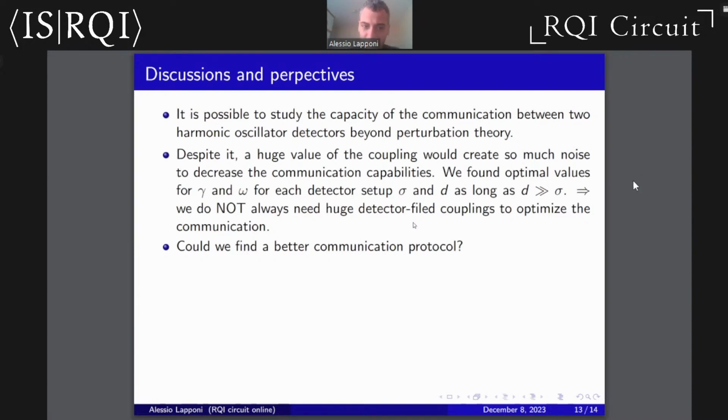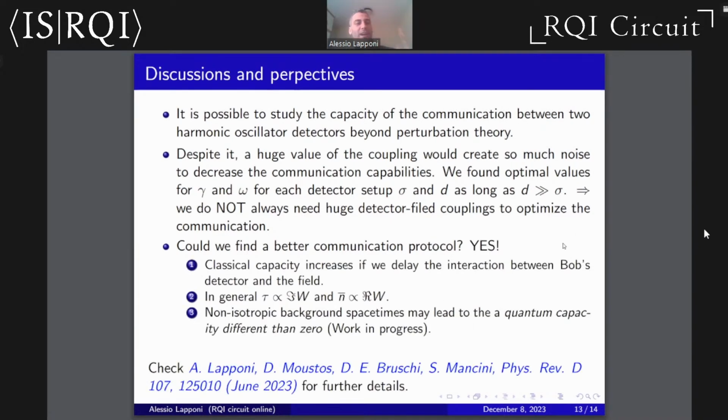The other question I want to raise is, could we find a better communication protocol? For now, the answer is yes. I found some ways to optimize it. For example, I found that the classical capacity increases if Bob's detector and the field interact later than Alice and the field. If we delay the interaction between Bob's detector and the field, we get less noise in general, and so a better capacity. And a really curious thing is that it seems that the transmissivity is proportional to the imaginary part of the Wightman function of the field considered, while the additive noise is proportional to the real part of this Wightman function. This could be a hint, for example, if one wants to find